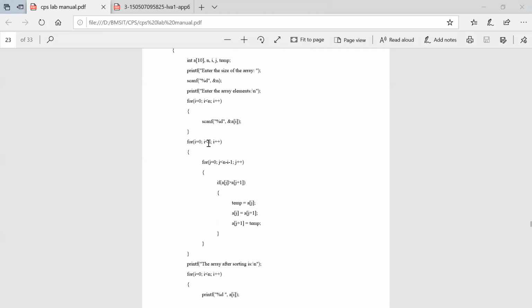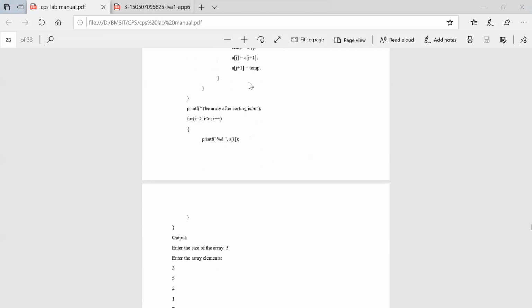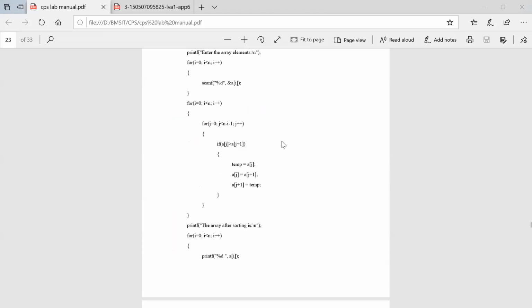If you are in the first pass, it's n minus 1 comparisons, like that it will be. And if the upper value is greater than the lower value, you just swap it. For swapping, this is a logic we have already studied, and once you finish the sort, we are going to print the output. Okay, this is the bubble sort logic.